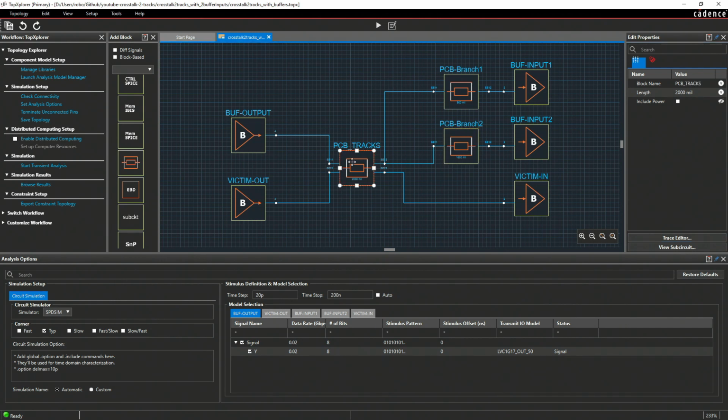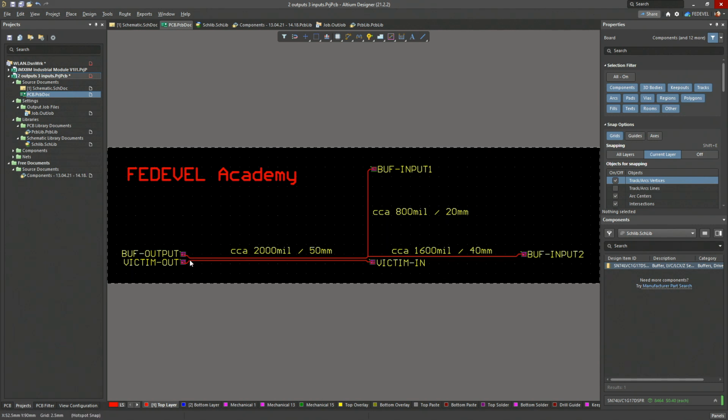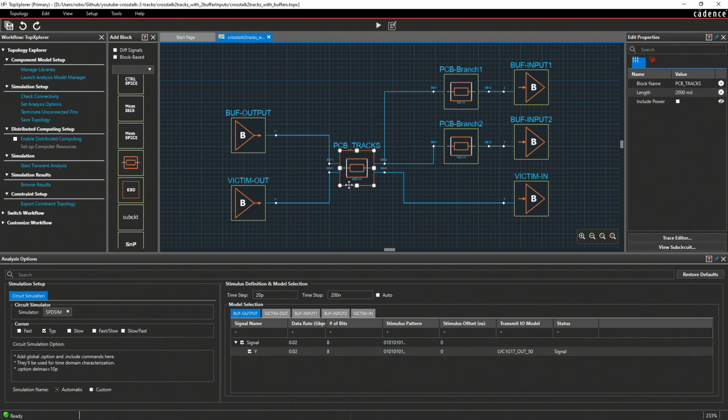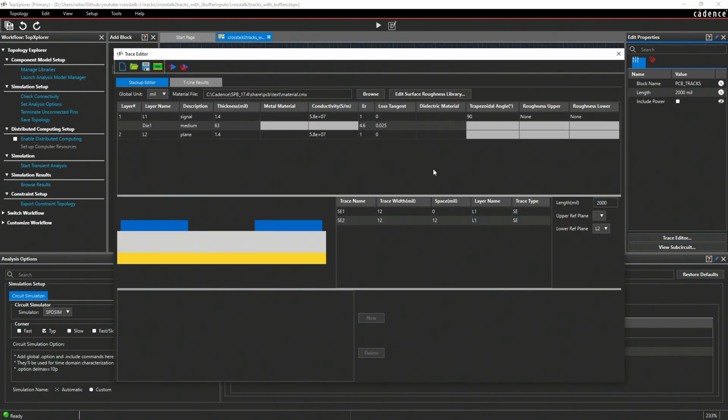This one is the block which specifies two traces routed close to each other. So we need to specify the length, and also the distance between the traces. So 2000 mils. When we open the properties of this, the length is 2000 mils, and you can see there are two traces.